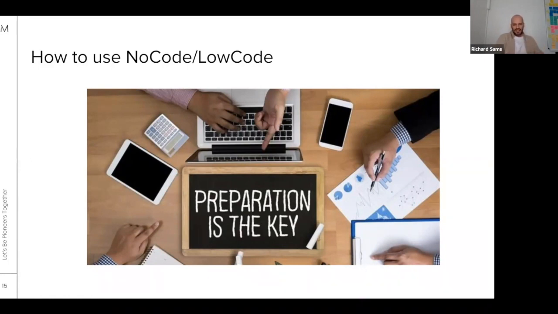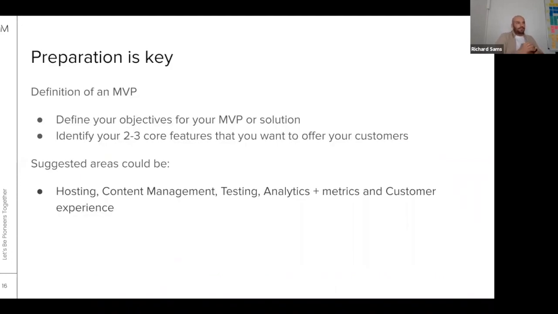What are your objectives? It's no good going in there and launching something to market if it's not in the correct position. Yes, you're going to go and validate things, but you've got to give yourself the best chance of success when you're thinking about launching an MVP out. And no code can certainly support you, but unless you're prepared, unless you've got clear objectives, it's going to be a very difficult game. So what I would recommend is that you start by defining what an MVP is,